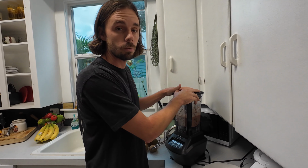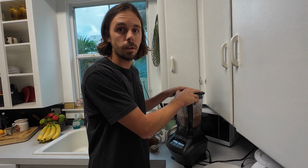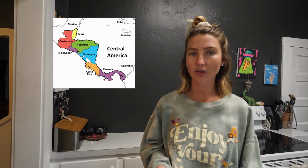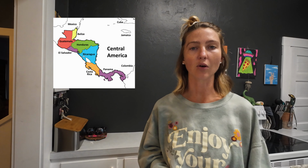I'm gonna go over and heat some oil up so we can refry these beans. And while I do that, I'm gonna send it over to Jess to introduce you to the country of Belize. Belize is a tiny country located on the northeast coast of Central America. It is bordered by Mexico to the north, Guatemala to the west and south, and the Caribbean Sea to the east. The population is estimated at